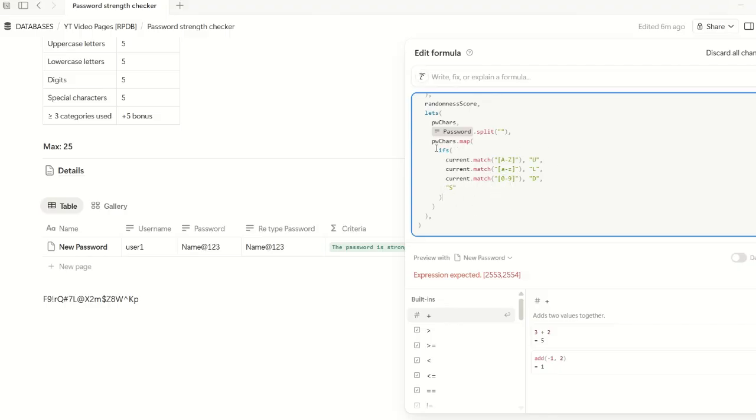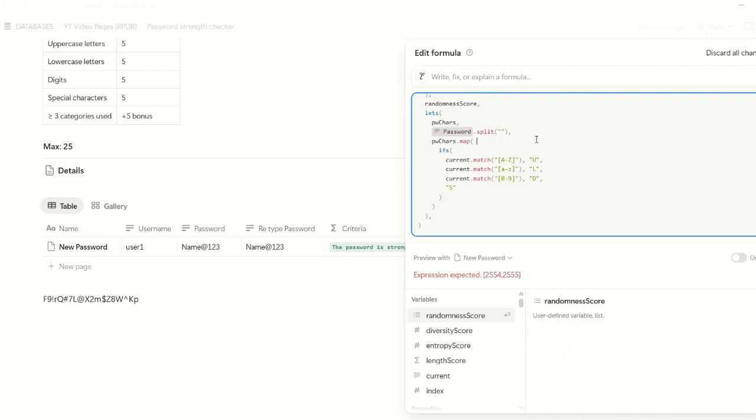Now we have the list of characters. Now each of the characters in the password is substituted with what category it is. So for example, this password will have something like U and then L. It will have three L's for each of the small letters and then S for that, and 1 2 3 will have D for that. So it will be something like that. So now we have the list of